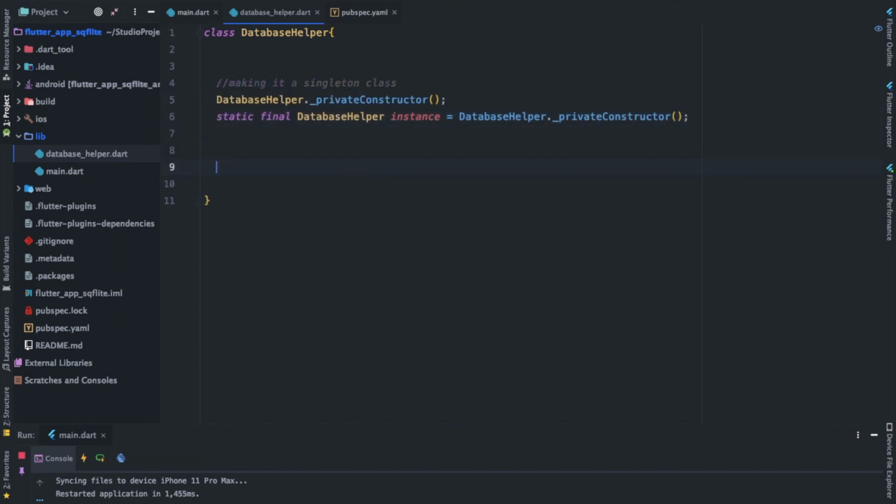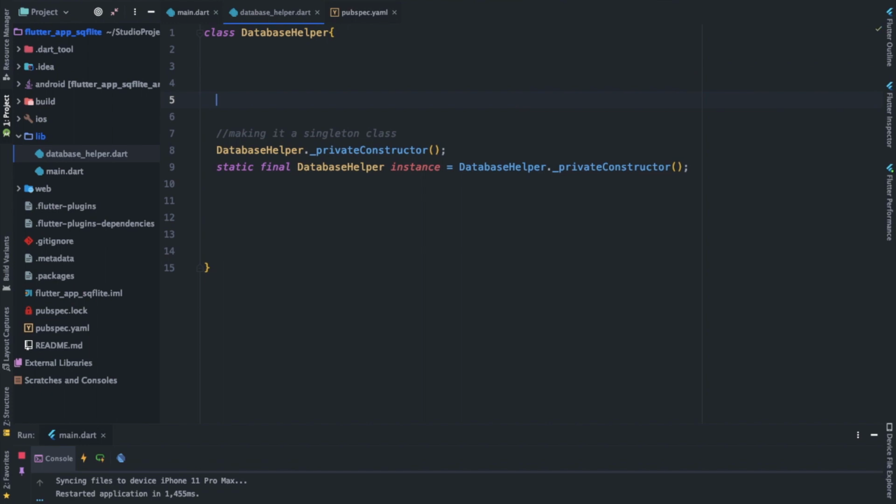Next we have to initialize the database. That is, you need to add some function that will be initializing the database. Now we need to understand some terminologies before initializing the database. We need to have some sort of table, some sort of database name, and some sort of database version. So let's quickly create variables for that, because we might be using those again and again. It's better to create a variable and then use the variable rather than hard coding the name again and again, right? So above this, I'll create a static